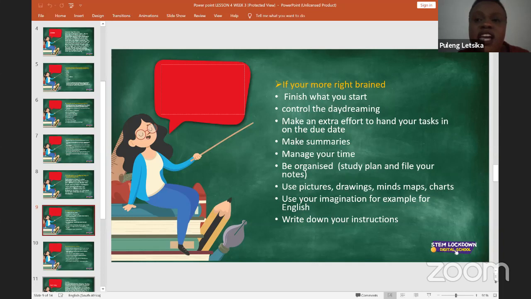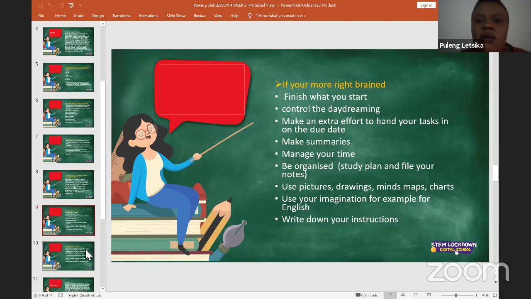You think of examples that are not even in the textbook that will help you remember your work. You can use things that will make you remember properly, whether you want to use singing or wrapping your work up. You can use your creativity in order for you to remember your work.